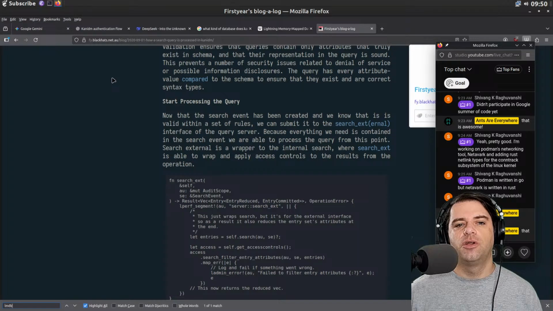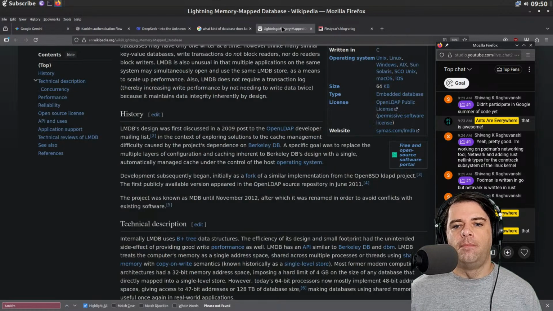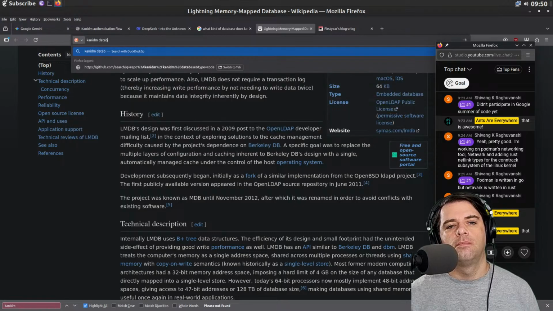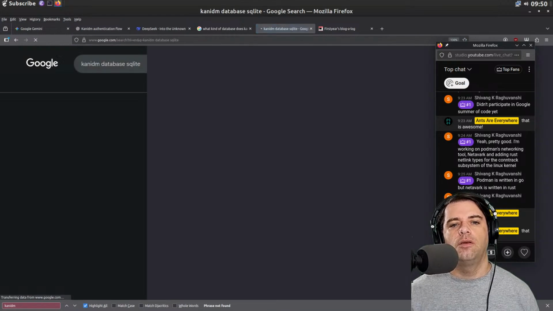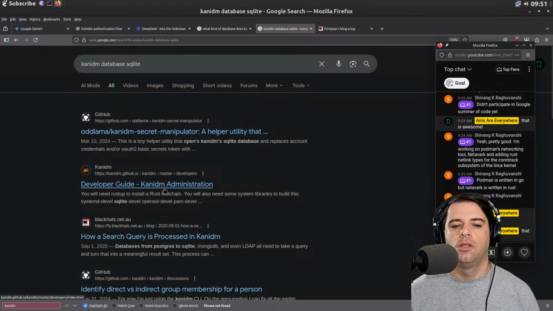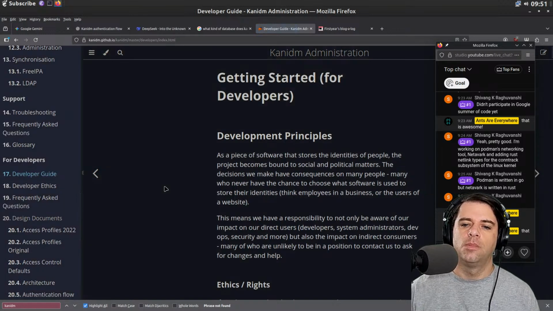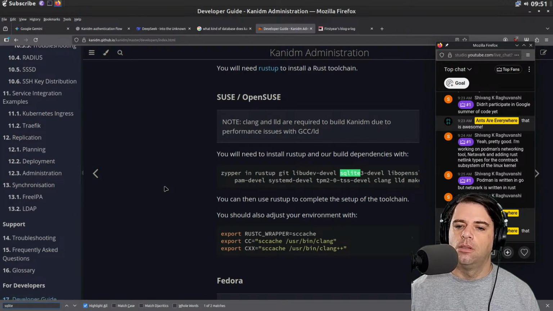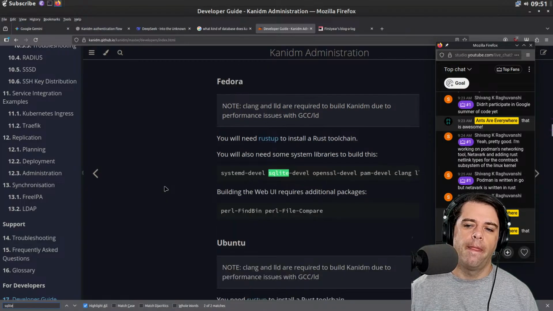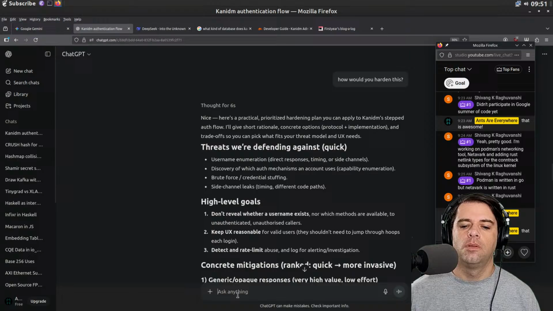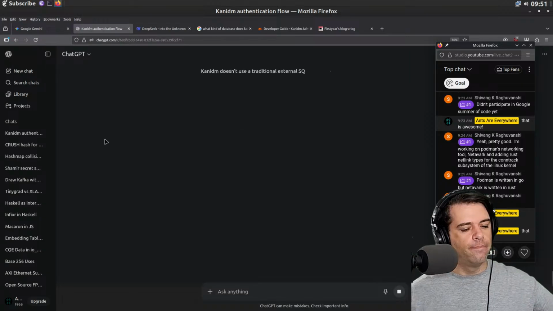I think BDB is Berkeley DB. I don't know. Developer guide. They do have a dependency on SQLite. Let's try ChatGPT. What do you got to say?